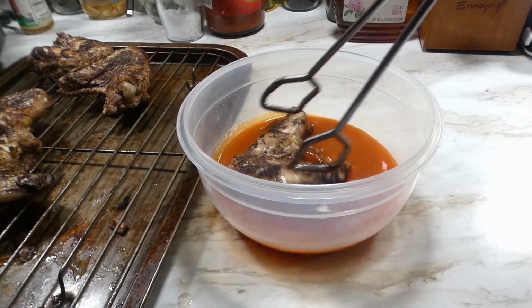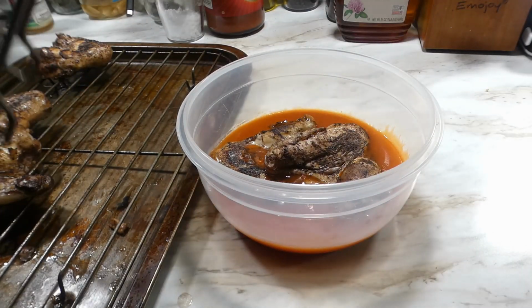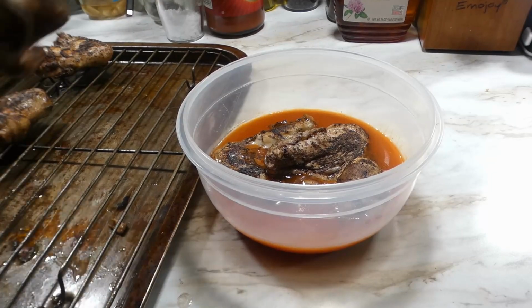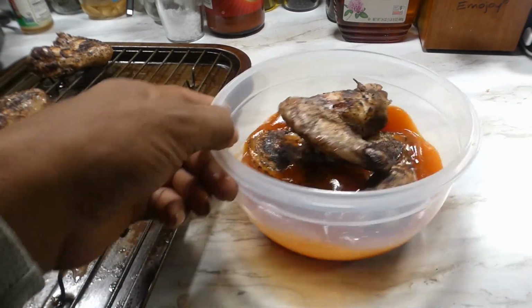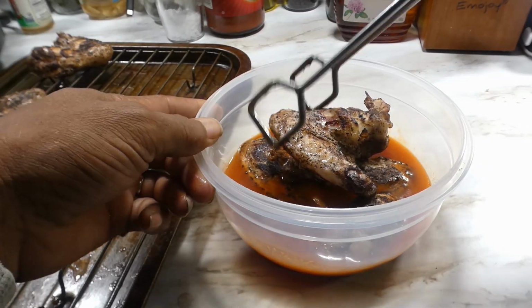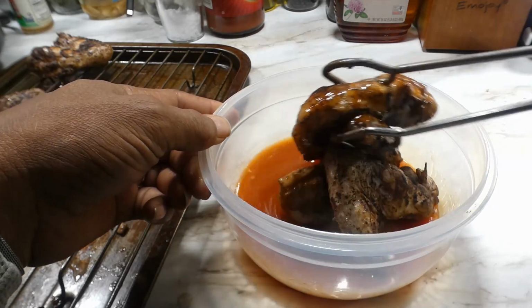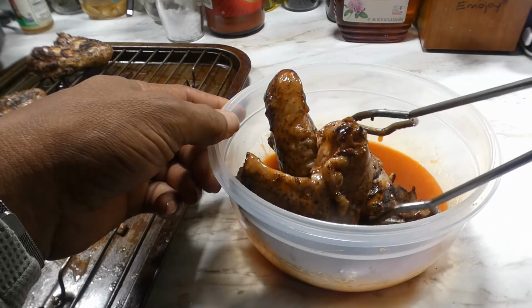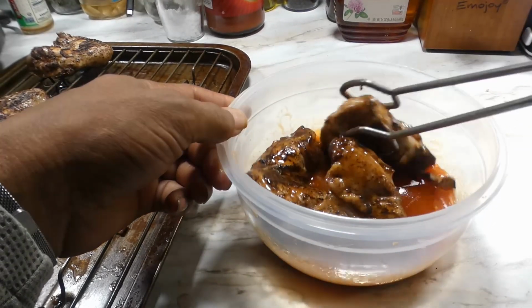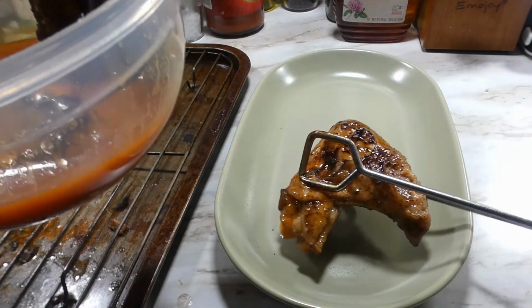In a bowl that we have put our sauce in, we gonna get that chicken in that same bowl. Now you can use something a little bit bigger, that way you can make this process faster, but it's just me and wifey, y'all. We ain't doing nothing but 7 wings. So this is what I do. Now if we was having a party or something, I would definitely use something bigger so I can crank it out a little bit faster. But yeah,